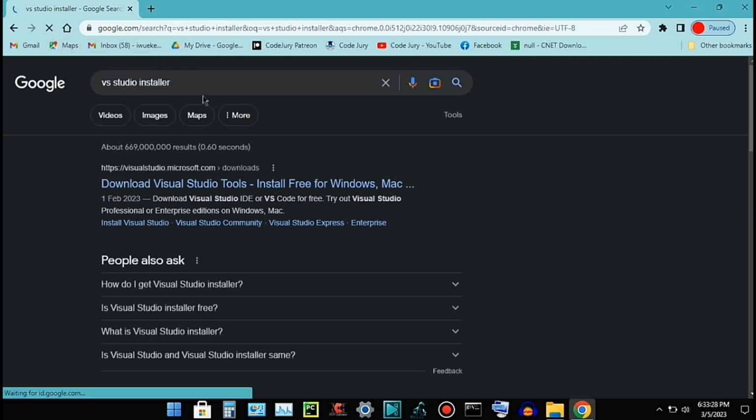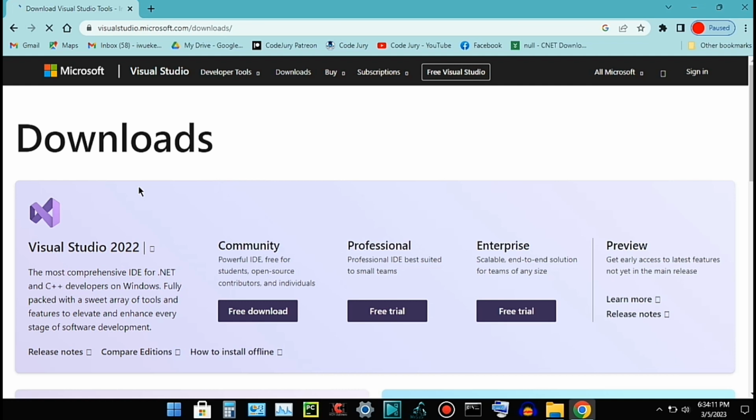And you can see that it will take you to the default Visual Studio Code installer website, which is visualstudiocode.microsoft.com. Remember, the installer is different from the main Visual Studio Code software. The installer is a software that you can install, and then through it you can download the needed tools as you install it. So you hit on the website and it will take you to the installer, and you can see that the Visual Studio Code installer page has been shown,